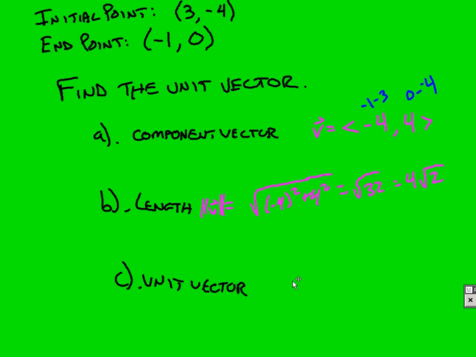And then, when you do your unit vector at the end, you're just dividing each term by 4 square roots of 2. So this is what it should look like. Now you have 4 in the numerator and denominator, so those should cancel out. So you should get negative 1 over the square root of 2, positive 1 over the square root of 2, which again will simplify to negative root 2 over 2, and positive root 2 over 2. That's what your vector will look like. That's your unit vector in